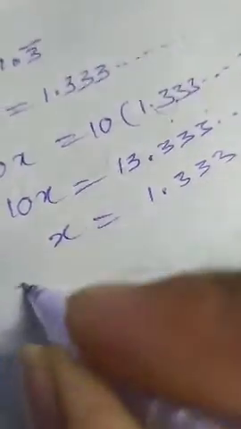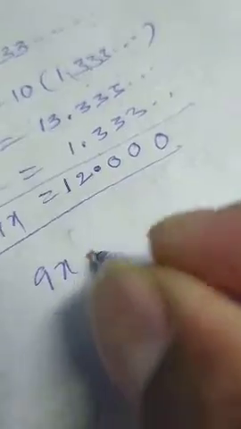1.333 and so on. Now 3 minus 3 is 0, 3 minus 3 is 0, 3 minus 3 is 0, coming from right to left. Okay, 13.3 minus 1.3 is 12. Here the decimal point should coincide. When you are writing below this equation, this decimal point should coincide. 10x minus x is 9x. So what you got? 9x is equal to 12. After the decimal point, all are zeros, so you can neglect.